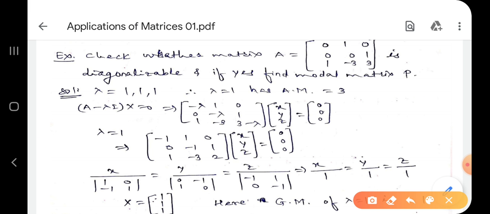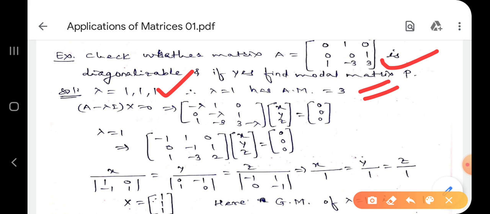Why I take this example, because such an example we have solved in our eigenvalues and eigenvectors video. We have found eigenvalues there. So do you find the eigenvalues here? I will keep it as an exercise for you. Find eigenvalues of this matrix A. We have solved such a problem in our last video. Same problem I have continued here. You just do it yourself. You find S1 is 3, S2 is 3 and determinant is 1. Do your calculation by calculator, and here lambda is 1, 1, 1.